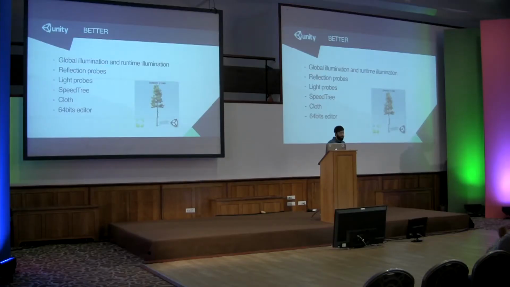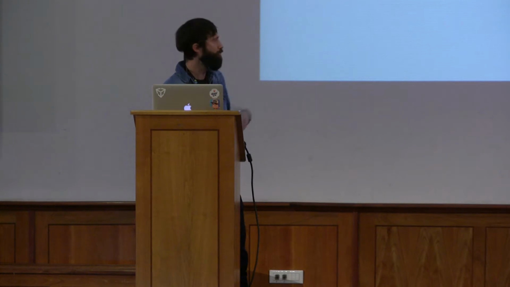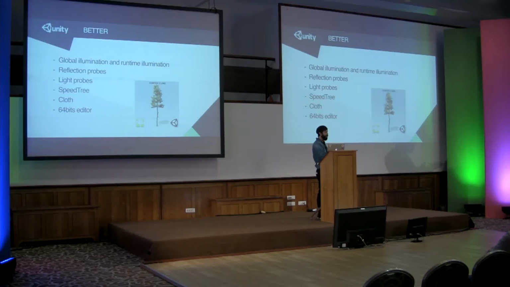if you bake the light map, so when you have a world and you want to light it, in the real world, if you have a red wall and a white ground illuminating it, the red wall will kind of make a red light on the ground. So it's called global illumination. If you don't have global illumination, you can increase the light on your wall, but your ground will always be white. So what we do, we bake light maps so that it will register that